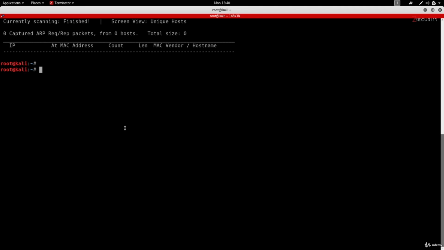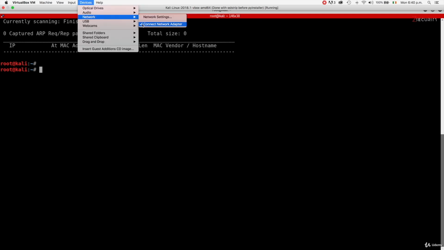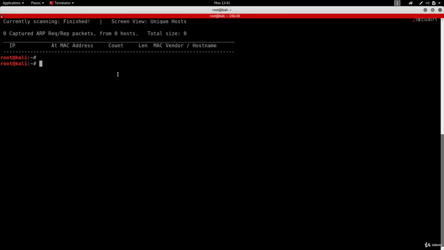This did not work, and I know why. In order for this to work, you actually have to disable the NAT network. So to disable the NAT network, we're going to go on devices, we're going to go on network, and we're going to uncheck the connect network adapter. So now once done with this, if we just run the exact same command again,